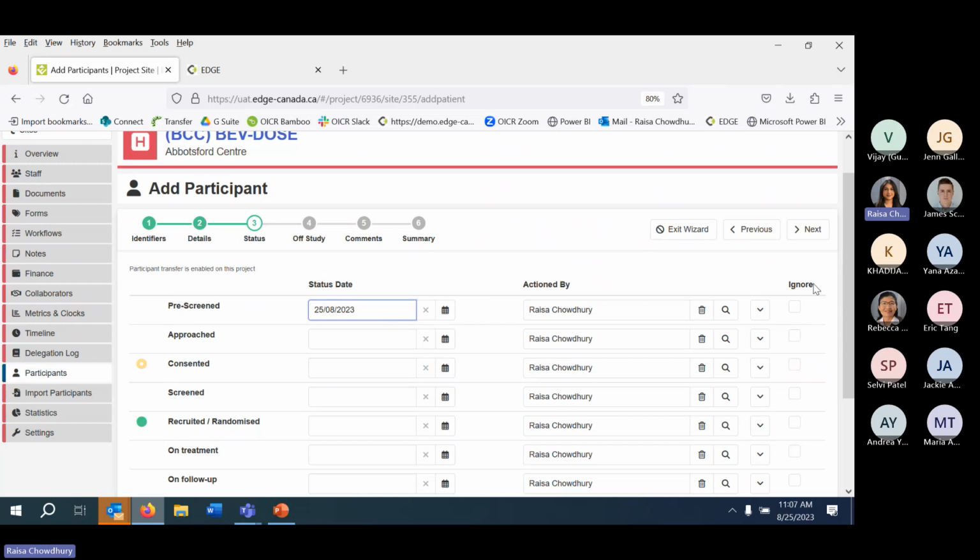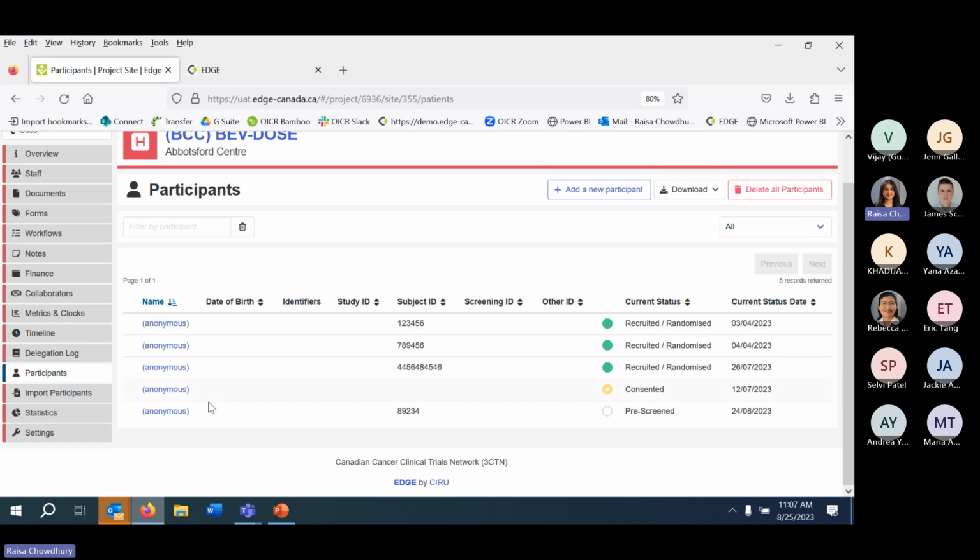This is the same button as the did not occur button. It's just ignore. So if you have the patient transferring ticked, you can click this option if needed. I'm just not going to add a participant, because we have a lot of them here. Just to show what that example would have been, you have our participant that you can click on